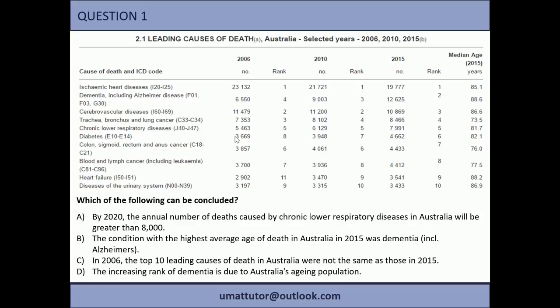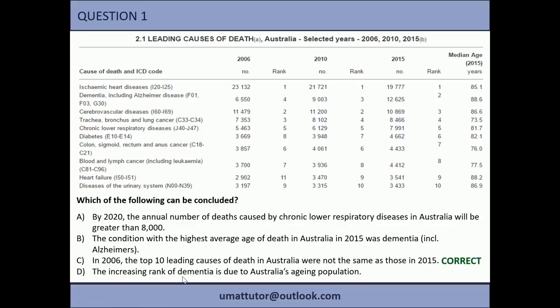In 2006, the top 10 causes of death would have been different. And again, you can see the wording in that answer is very good. It's the same as the data set. So C is correct. D, the problem there is, again, it's asking you to identify a reason why a trend